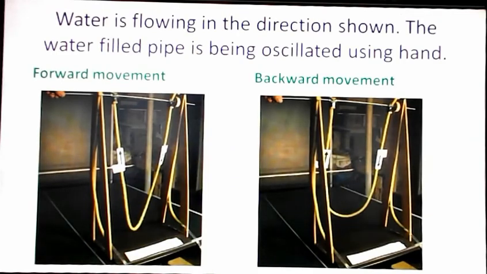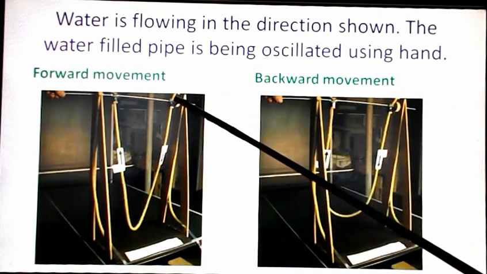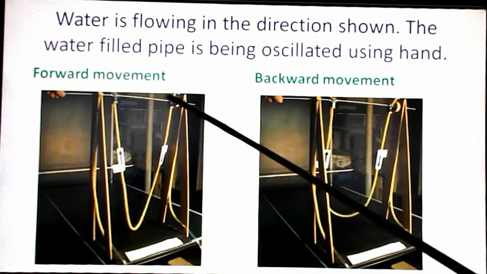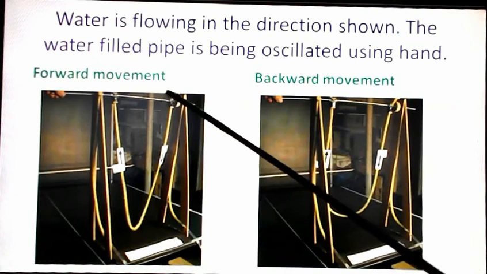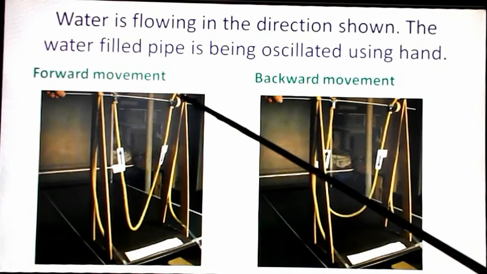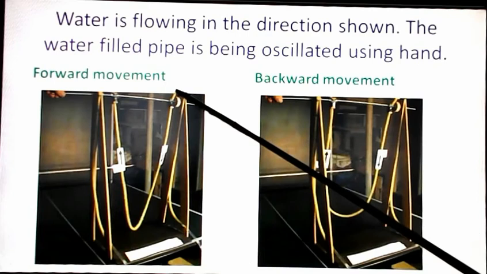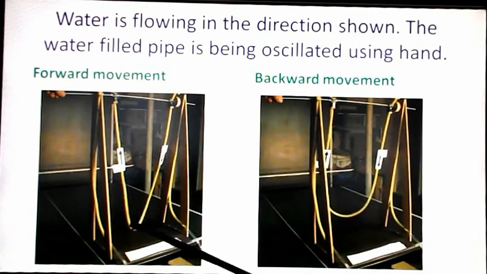Now we have started the flow of water with the help of a faucet. As we have studied in the first lecture, the water is going from this place to this place. This portion is having minimum flow and minimum circular movement, and this portion is having maximum circular movement.